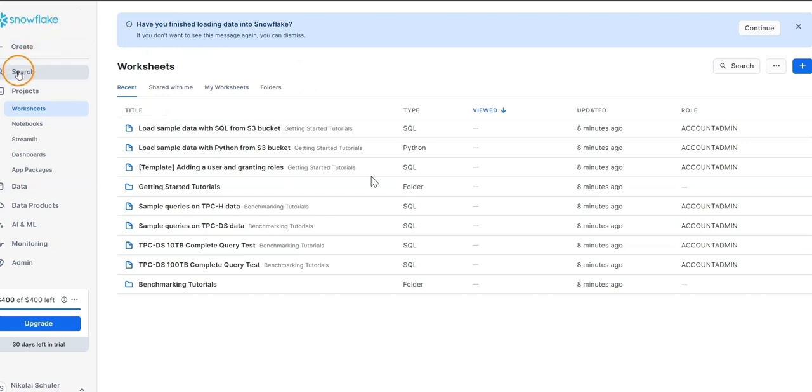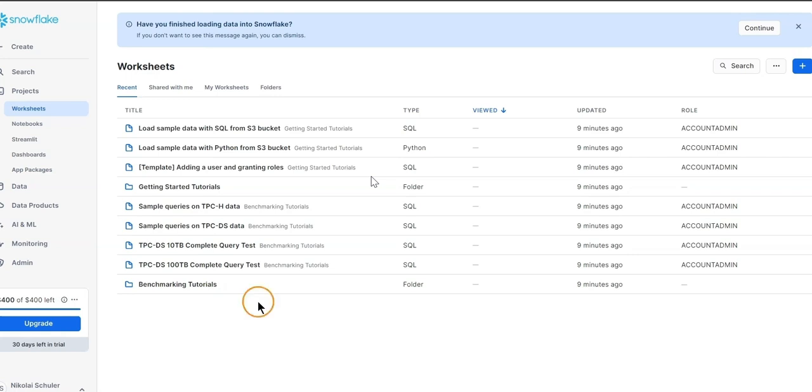And we can see on the left side navigation that we have here under projects the worksheets, and this is where we are currently already, and this is also the most important area. Here we will spend most of our time. All right, so what we will be doing first is we are going to create a new worksheet. You will see here a few sample worksheets that are already created, but we will create our own worksheet from